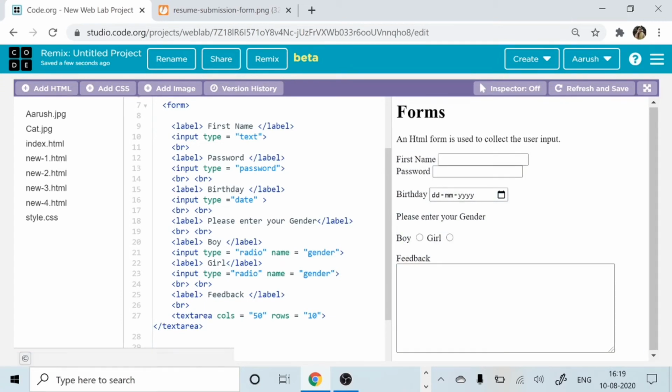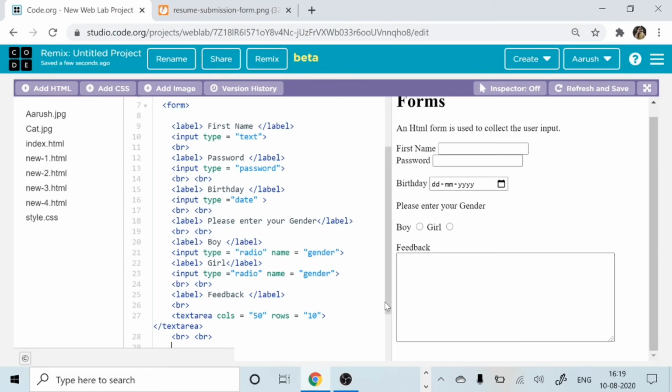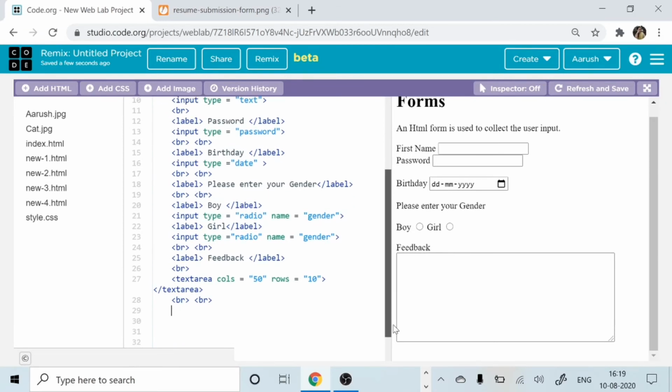What you are going to do over here is again put a bracket. Here I go with the brackets, go down. Yes, you can see it over here. Don't worry about these lines.